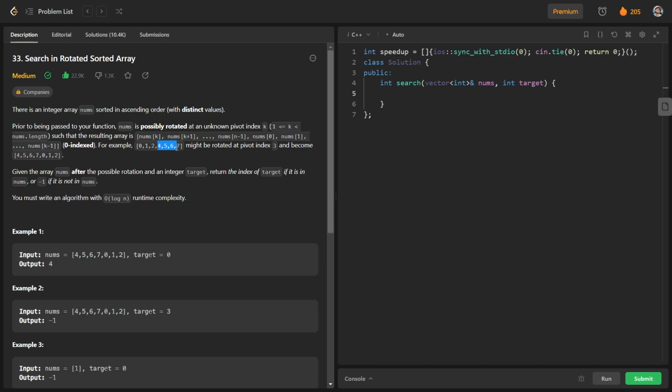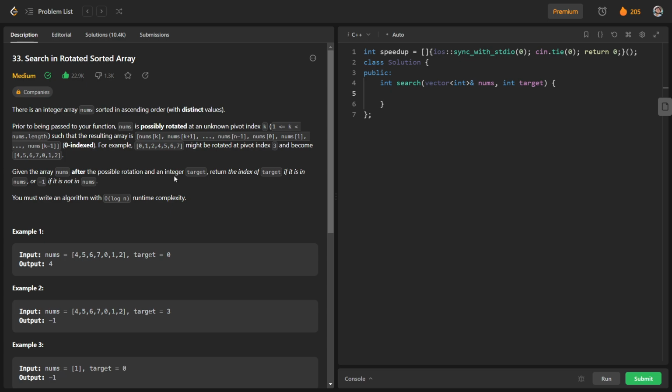All the elements from index 3 onwards, including index 3, that is 4 5 6 and 7, will be written at the beginning of this array, and all the elements which were before this index will be written after the last element. In this way they have rotated the array.